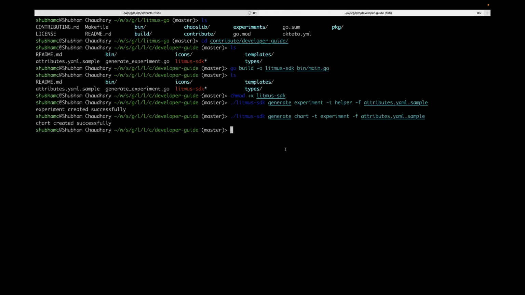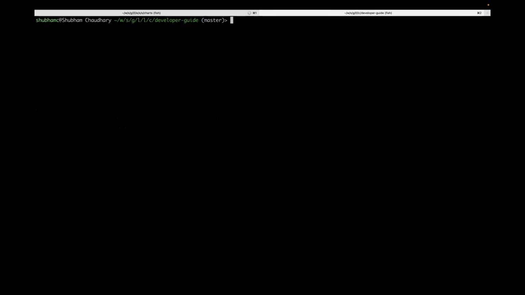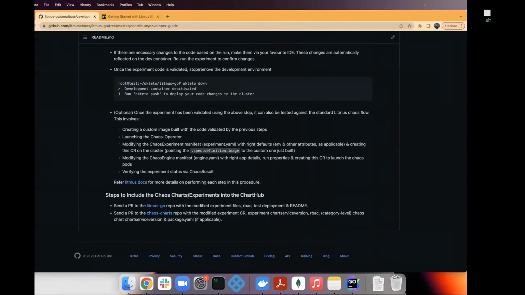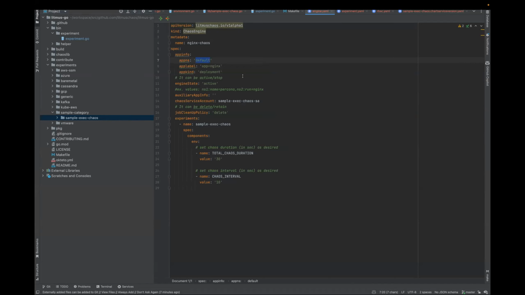Then you're trying to get a pod or an image created and deployed in a pod as a Chaos engine, is it? The Chaos engine is basically, let me open a Chaos engine again. If you see this Chaos engine, this is a custom resource, CR, where we are providing the application details and all the tunables.